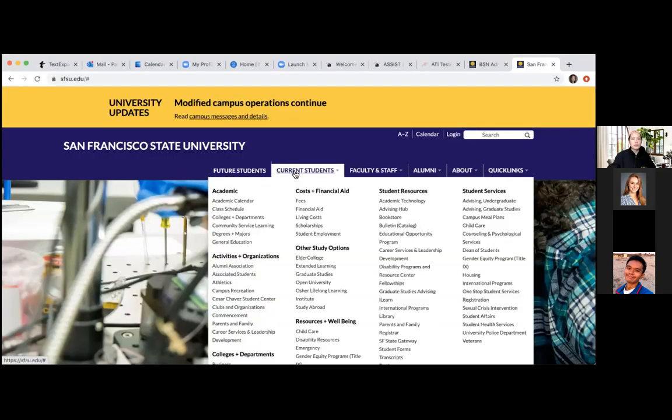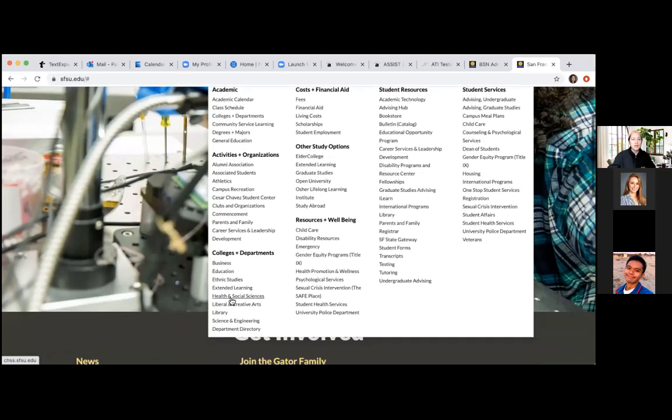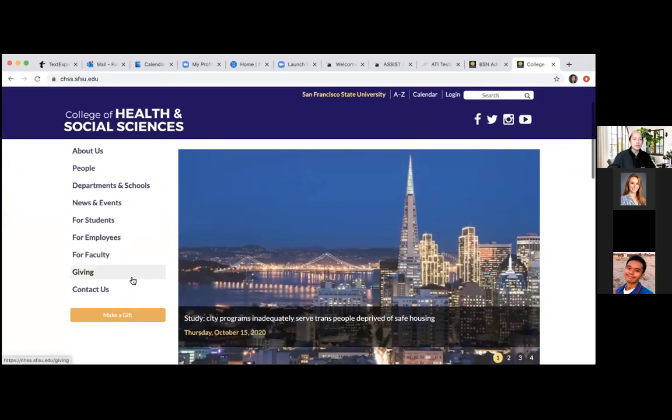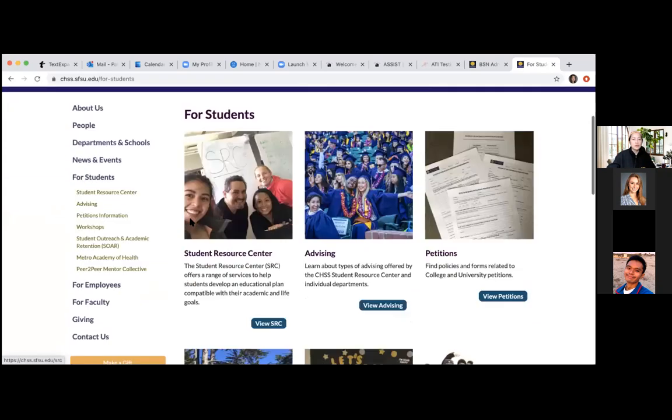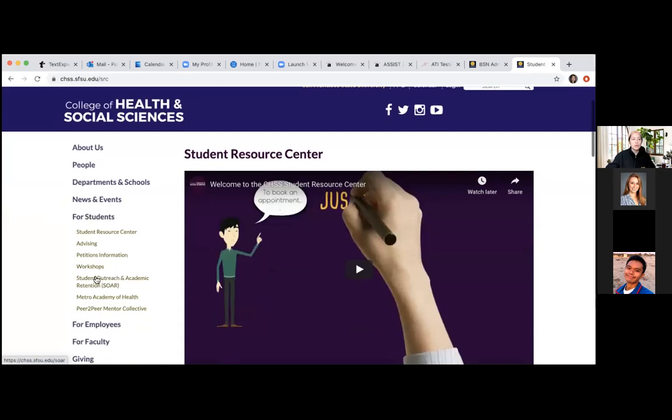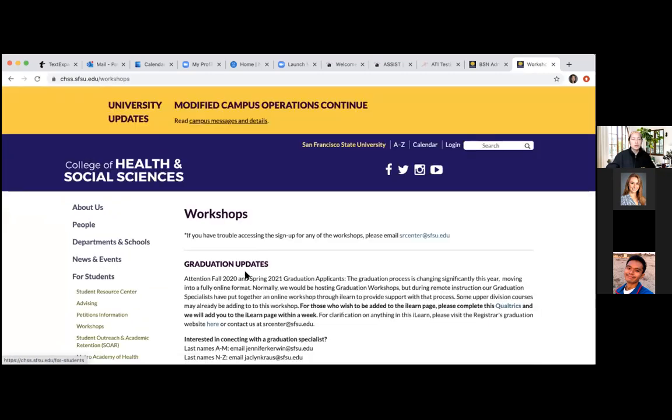So if you go under current students, the College of Health and Social Sciences, which is where all of your pre-nursing designation majors are hosted under, and you go to view SRC, Student Resource Center, when you go to workshops listed here,